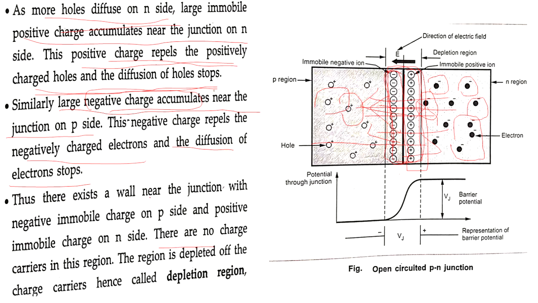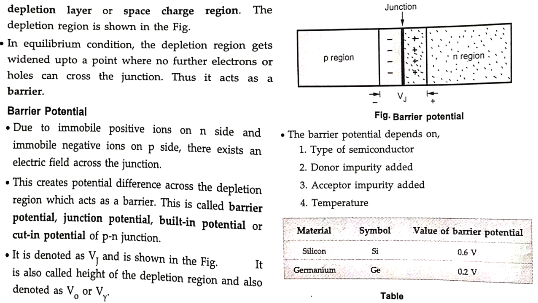Thus there exists a wall near the junction with the negative immobile ions on the P side, right? So this is the negative immobile ions on the P side, and similarly there will be positive immobile ions on the N side. So there are no charge carriers in this region because there are immobile ions. There is no flow of charge carriers here. So this region is depleted of charge carriers, and hence it is called the depletion region or depletion layer